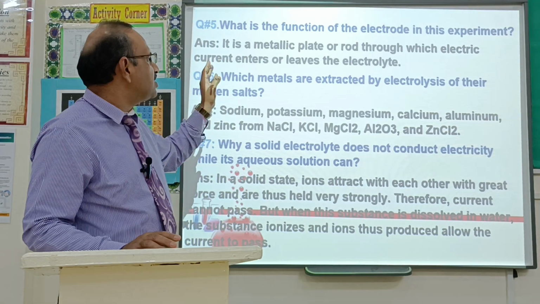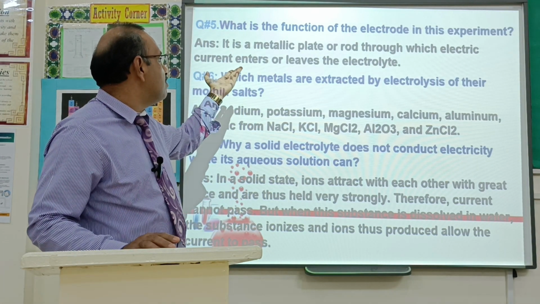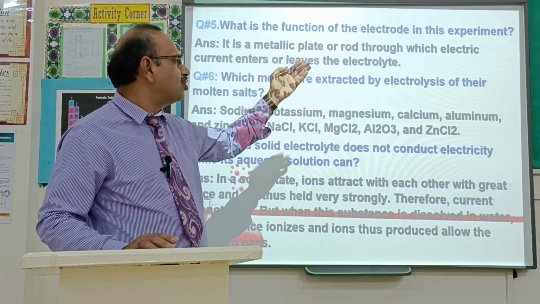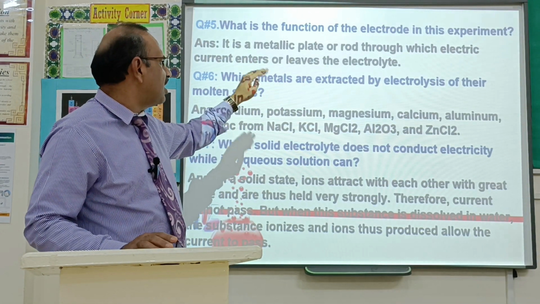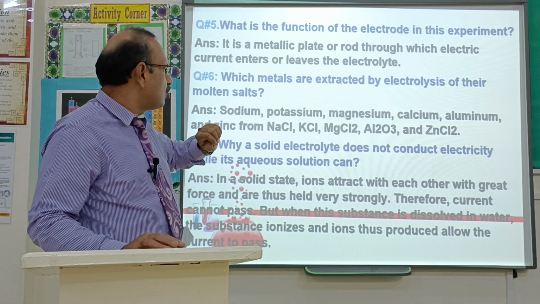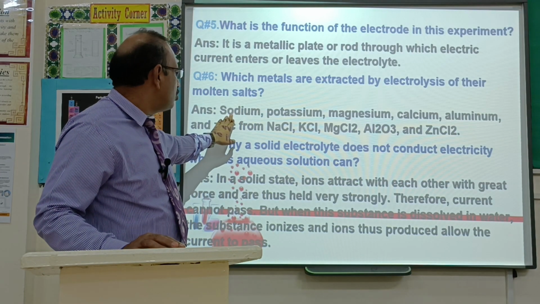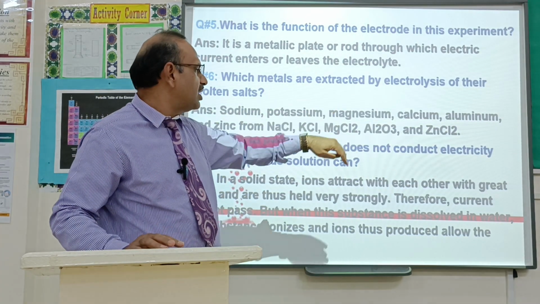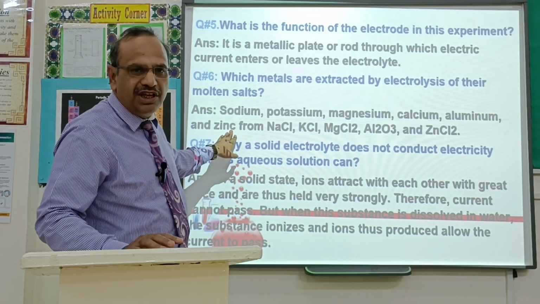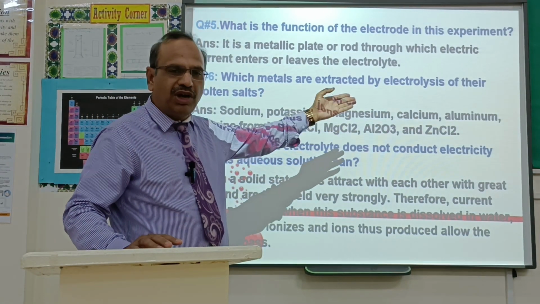Question number 5, what is the function of electrode in this experiment? So it is a metallic plate or rod through which the electric current enters or leaves the electrolyte. Which metals are extracted by electrolysis of the molten salts? Sodium, potassium, magnesium, calcium, aluminium and zinc, they can be extracted from their salt like sodium chloride, potassium chloride, magnesium